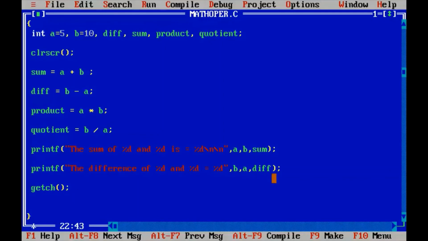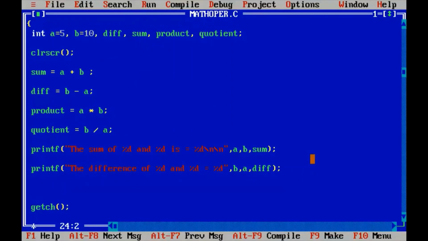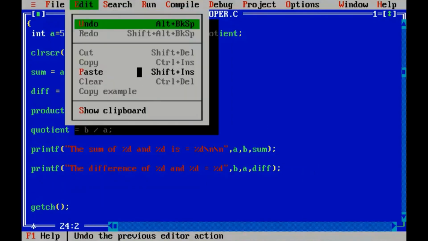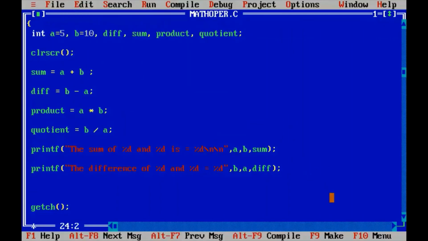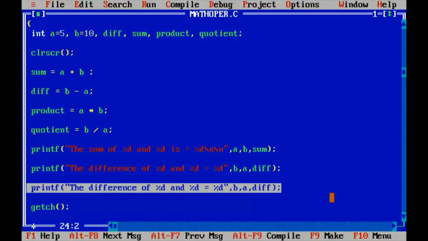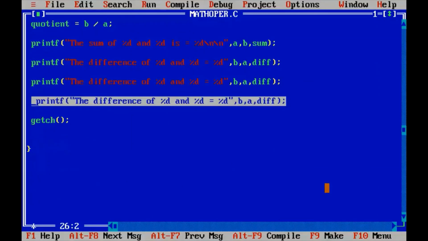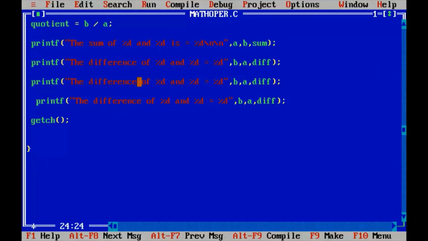I'll just copy this statement and paste it in the next line. So edit, copy. To paste, remember the shortcut key Shift plus Insert. Shift Insert. Right, I'm just replacing the words.